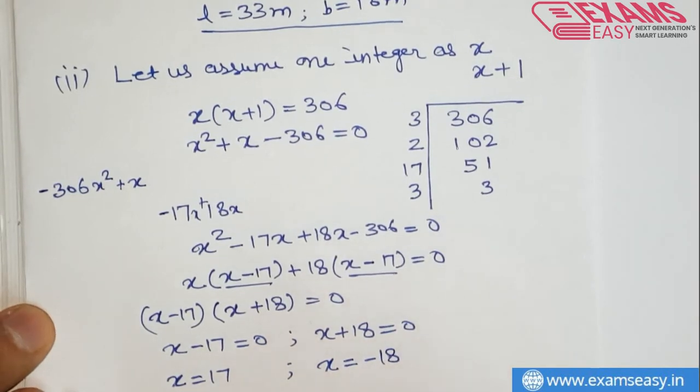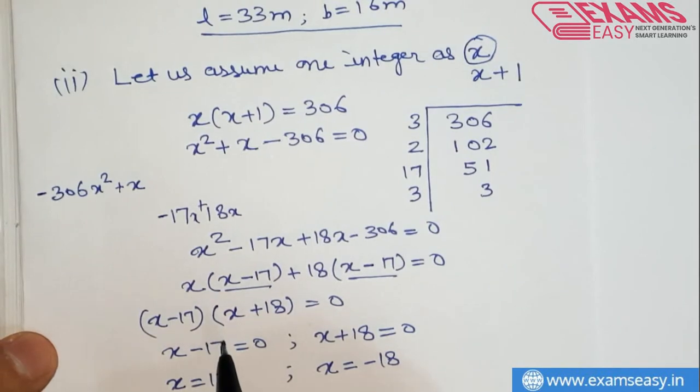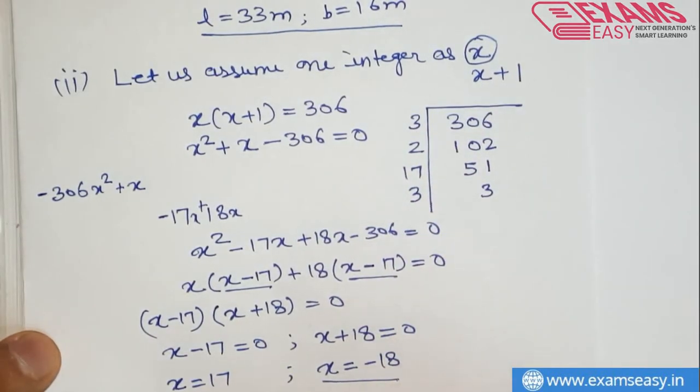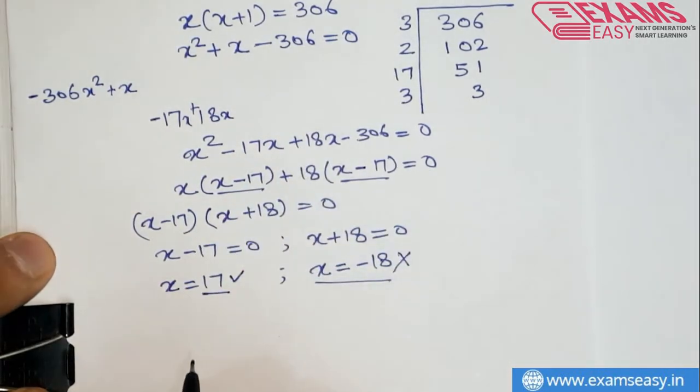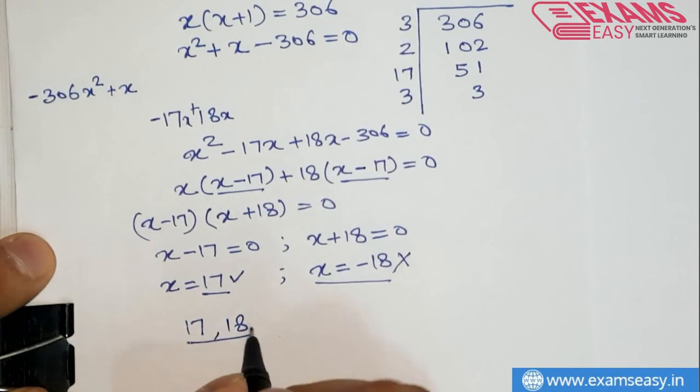From this we are getting the value of x as 17, and with this we are getting the x value as minus 18. Friends, since we have got the value of x, but in the question please see they have told that the product of two consecutive positive integers, so this is negative, so the x value cannot be negative. They are asking for positive integers, so this value is not useful to us in this case, so 17 would be the valid value, so the consecutive numbers will be 17 and 18. So this is our answer for this problem.